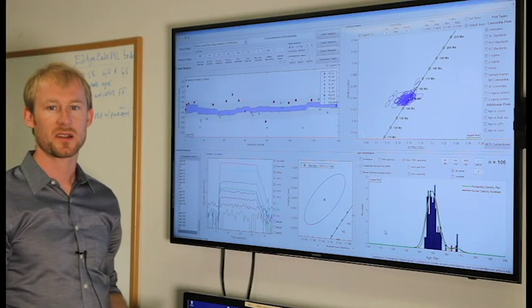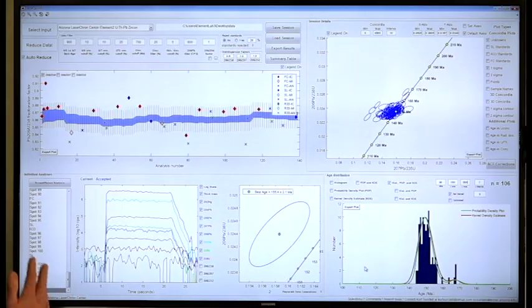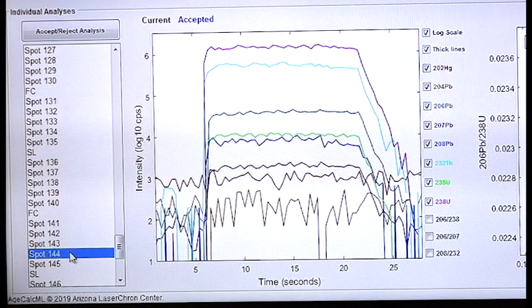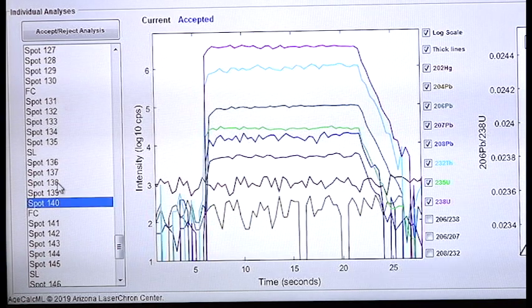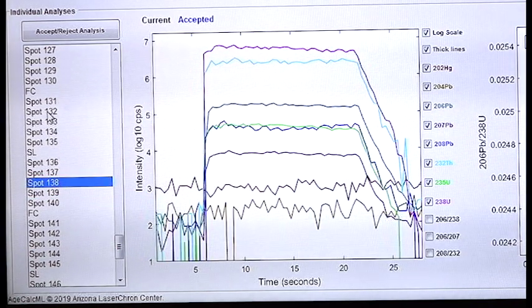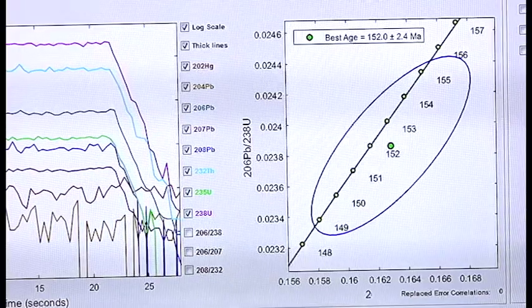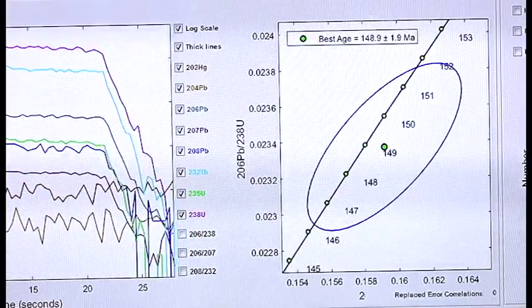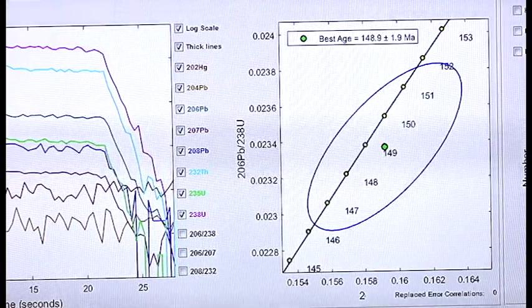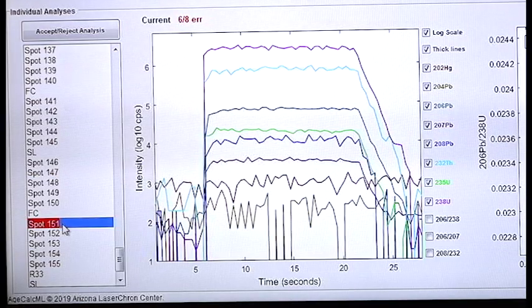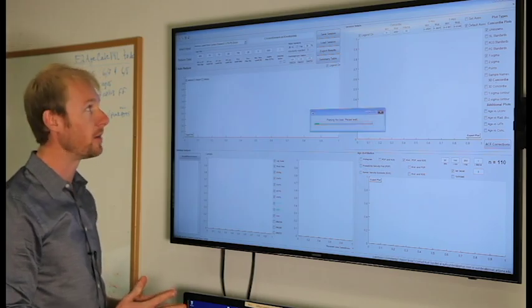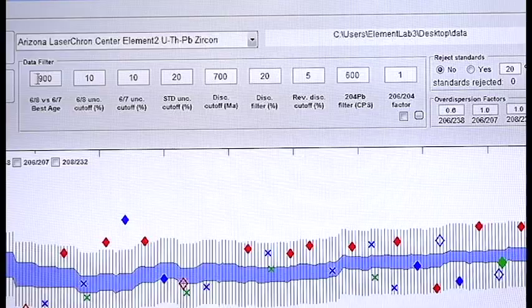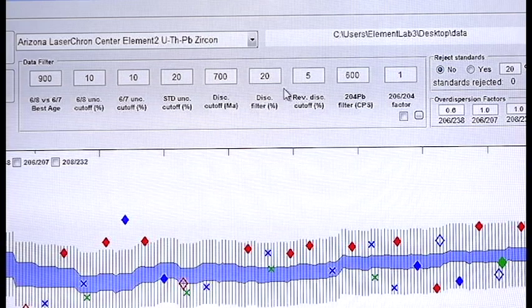The user also has access to information about individual analyses. So they can go through and quality check on a grain-by-grain basis in terms of isotopic intensity, as well as in terms of concordance. So an individual Concordia plot is generated for each individual sample. Some of these analyses have been flagged in red. These are removed from further consideration based on a number of user-defined filters that can be changed at any point